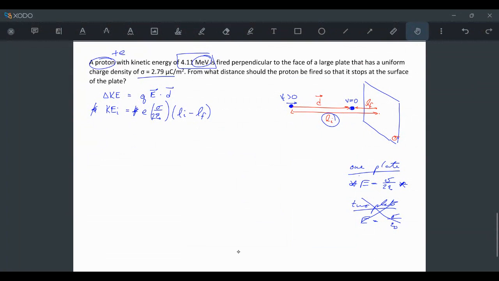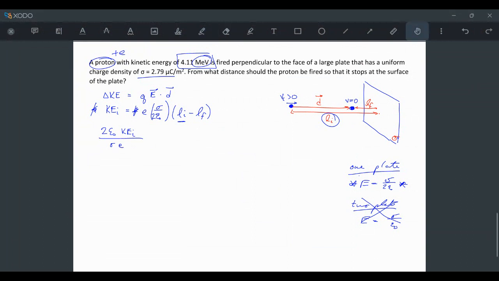Okay, so we've got the correct electric field in here now. We've got the distance, changing distance. We're just doing algebra to find this guy. So what are we going to end up having? Well, 2 epsilon naught times the initial kinetic energy divided by sigma times, this is e, and one thing to